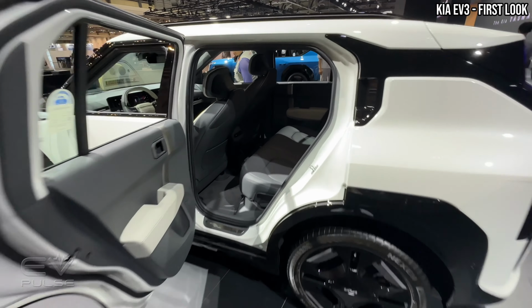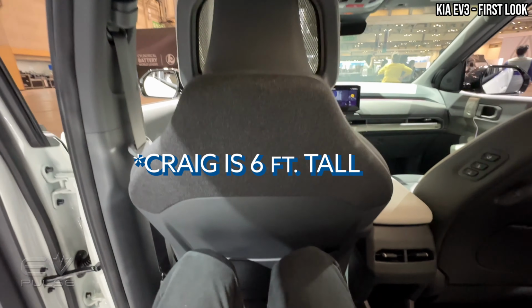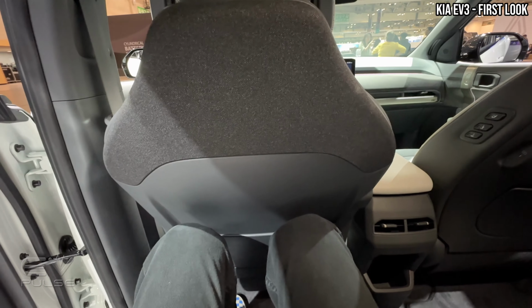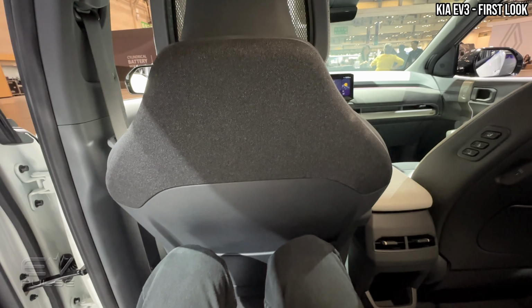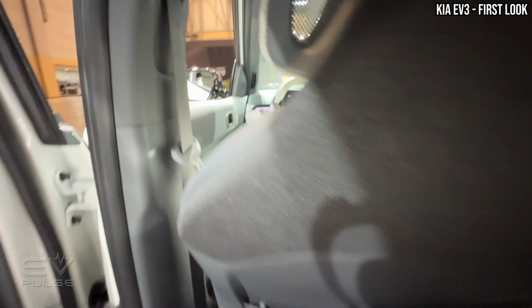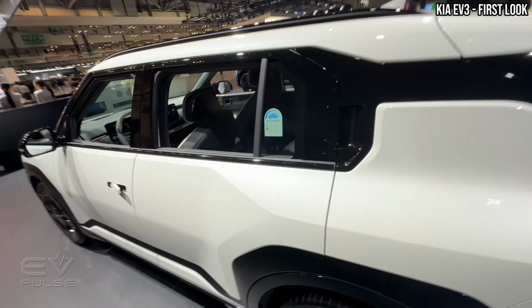As the front driver's seat was in its current position, it fit me quite well, and I can slide behind the back seat here, which is surprisingly elevated, and I have a good amount of legroom behind the backrest here. A little bit more space might be nice, but this certainly works well for what it is, because again, this is a compact SUV. You can't expect huge amounts of space in a vehicle that is no larger really than